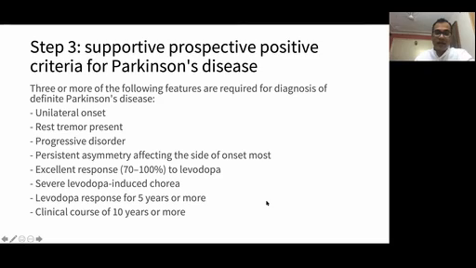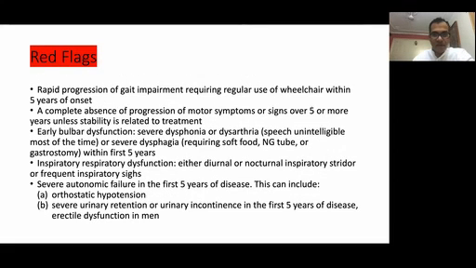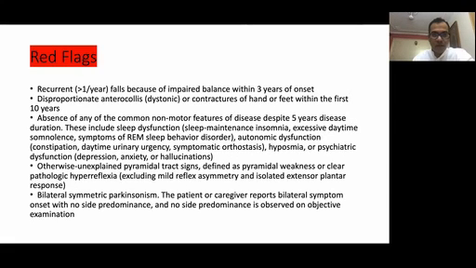So most of the atypical Parkinson's, they don't last for such a long time, and a very prolonged course may help to diagnose Parkinson's disease. Now there are certain red flags, so they don't necessarily rule out Parkinson's disease, but you may consider some other diagnosis. So rapid worsening gait, rapid bulbar, respiratory involvement, very severe autonomic failure, recurrent falls within 1 year, disproportionate dystonias,